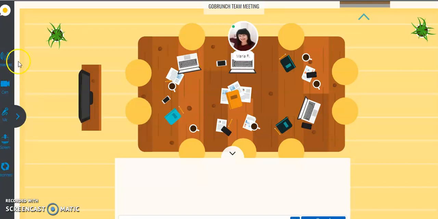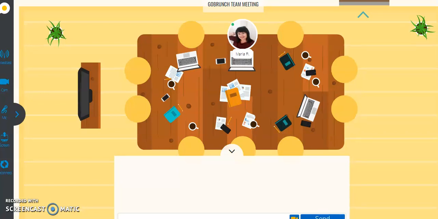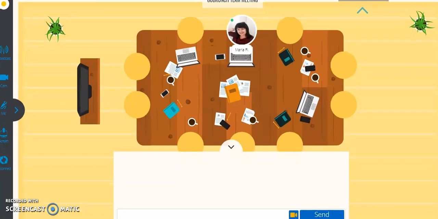And you can also see on the left the toolbar menu and the chat box at the bottom of the page. So this is where I can type in a message